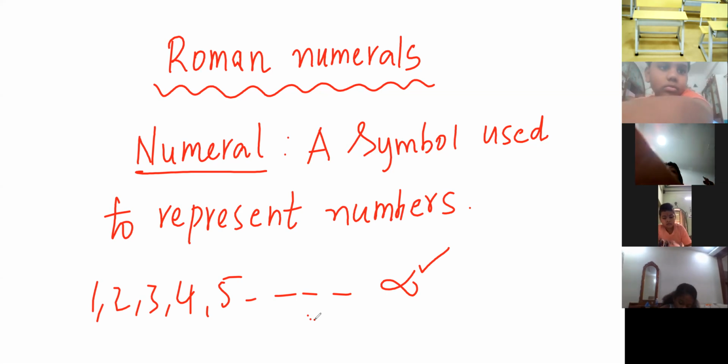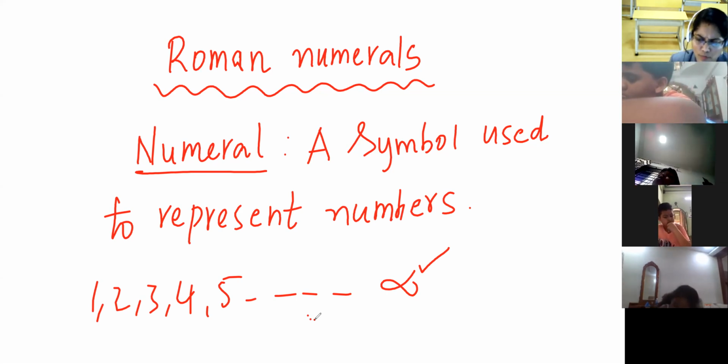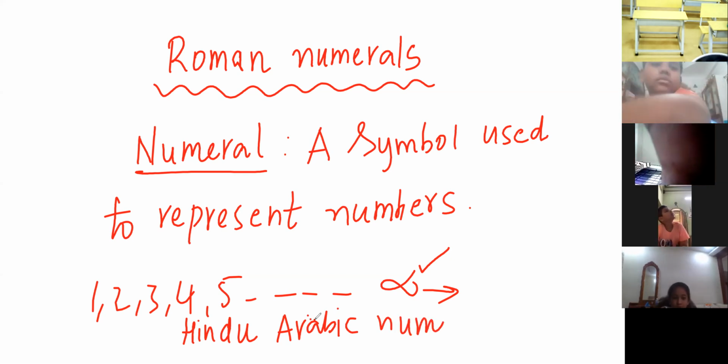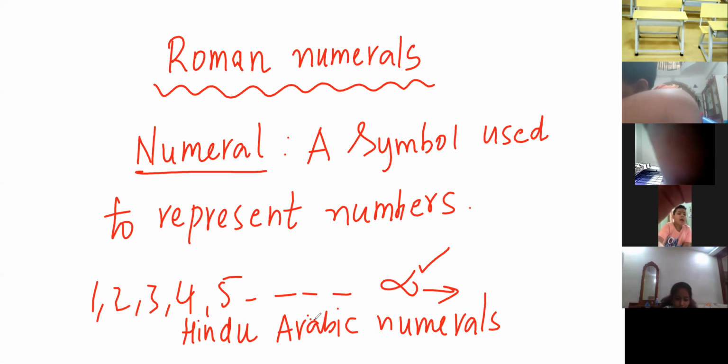It means so many numbers, countless, uncountable numbers are there. All these come under what? Hindu Arabic numerals. These are called Hindu Arabic numerals. But Romans,